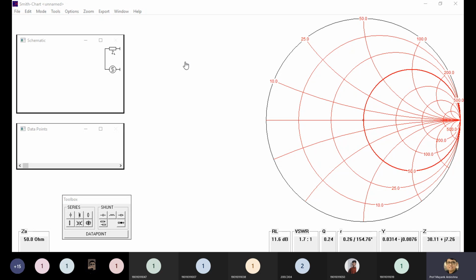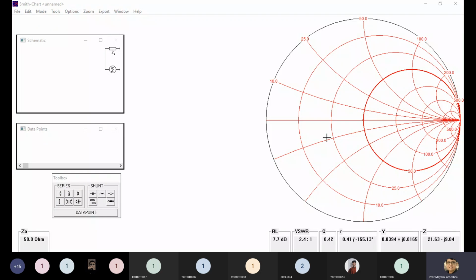Initially you have to choose this data point. On your screen you can see there is a toolbox given. I'm just rotating it. You can insert the data from the mouse or from the keyboard, and you have S11 or S22. Right now don't worry about S11, S22, we will discuss that in the next subject. In this case we are interested in matching the value by adding some parameter, so you can choose the keyboard. You have an option to insert the impedance, an admittance, or the reflection coefficient.